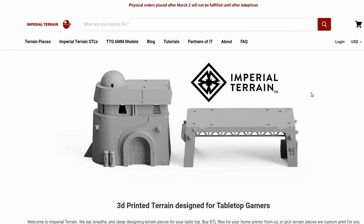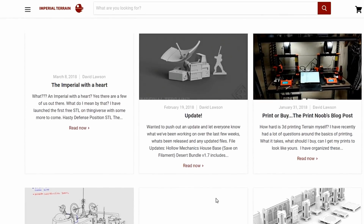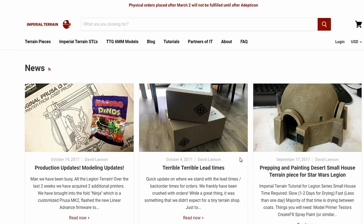So here it is, Imperial Terrain's website. Very deceptively simple looking site, believe me. So across here, they've got all of the hot links to the stuff. Like I said, there is a whole blog where they talk about some work in progress stuff, but maybe more importantly, some of the things to help you hobby on, like right here, the prepping and painting the